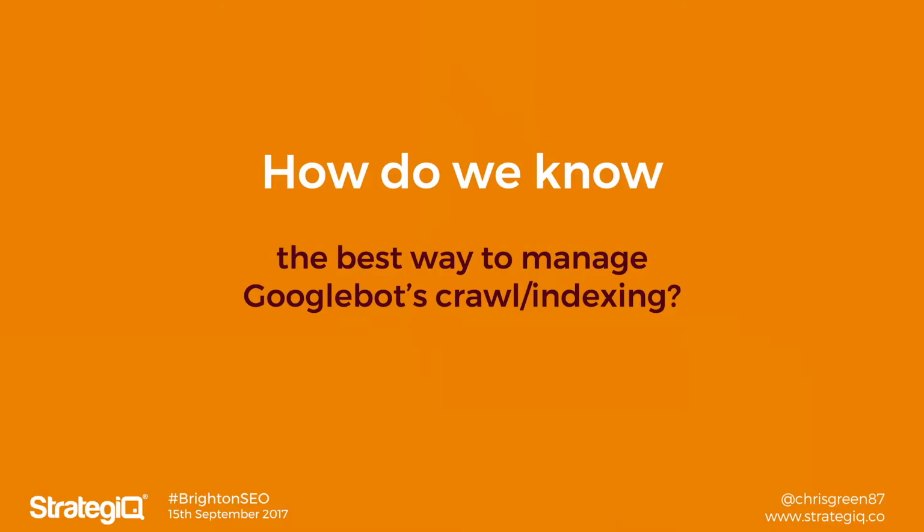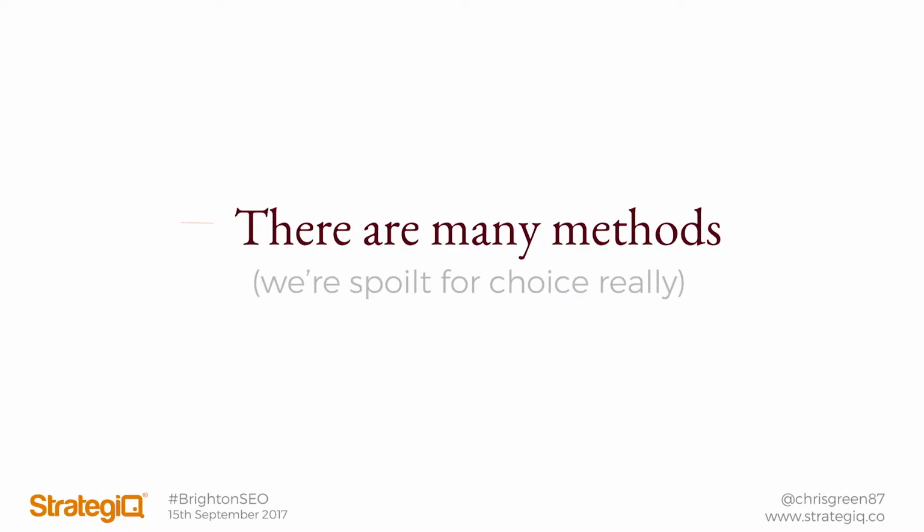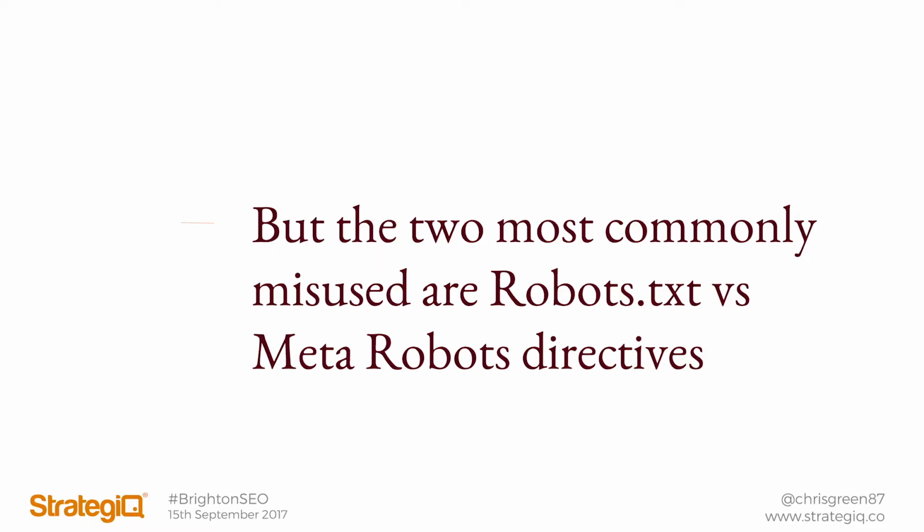So, how do we know the best way to manage Googlebot's crawl or indexing of your website? There are many methods: canonicals, 301s, rel next, previous. We are spoilt for choice, but I think the two that are commonly misused ones of these are robots.txt and